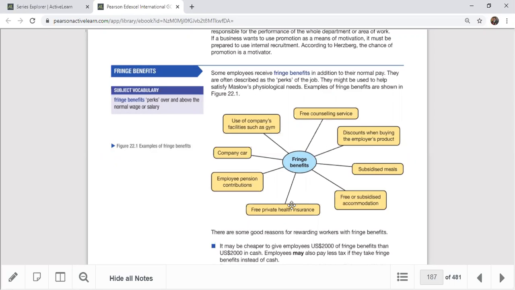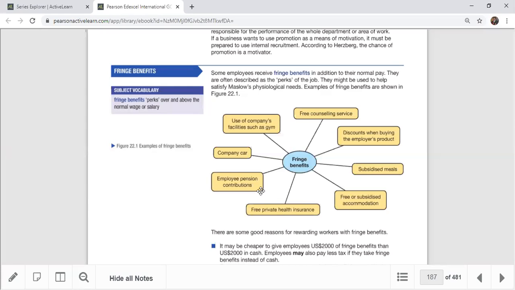And the other one, private health insurance. If you are hospitalized, or let's say you have undergone a surgery, the cost of the surgery or the hospital bill will be settled by the company. Another thing, free private health insurance, the organization will provide these benefits as fringe benefits for the workers to boost their health level. So they give insurance opportunities to get free health insurance, and sometimes free checkups, and other things.